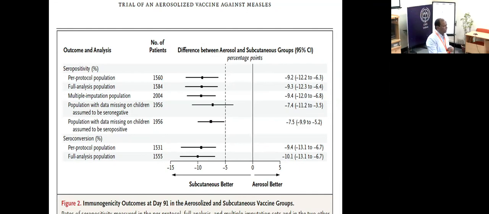Now you tell me what is going on. Inferiority. So one group suggested in the discussion, shall we change the margin to 10%? So they wanted to be very strict. Now let us leave it like that as 5%. So as it stands, according to 5%, it is inferior. The aerosolized is inferior to the subcutaneous group. You understand? There are no p-values, nothing. So this is what you have to do. And they have given the directions here. Okay. Now I'll go back.